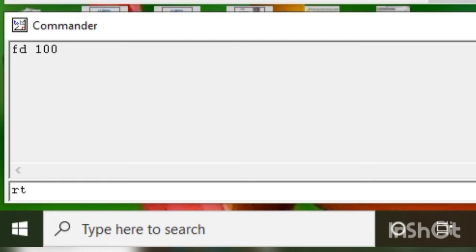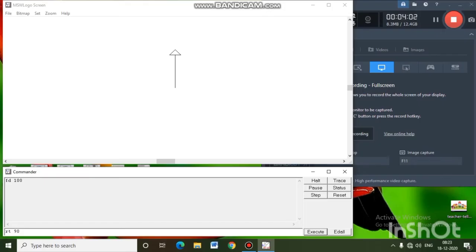Then we will assign the degree by which the turtle will turn, like 90 degree, 60 degree, 40 degree, etc. I will type 90 degree here for turning the turtle towards the right. 90. Then press the enter key. As you can see, the head of the turtle has moved towards the right direction.